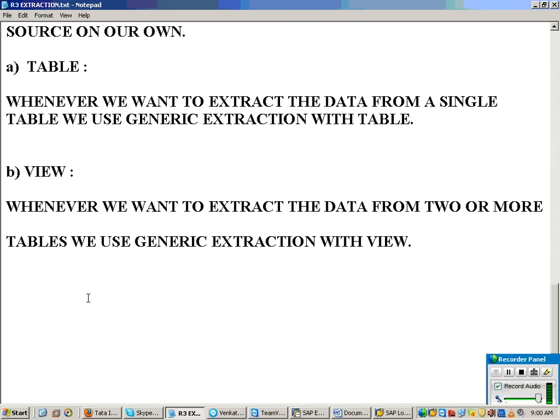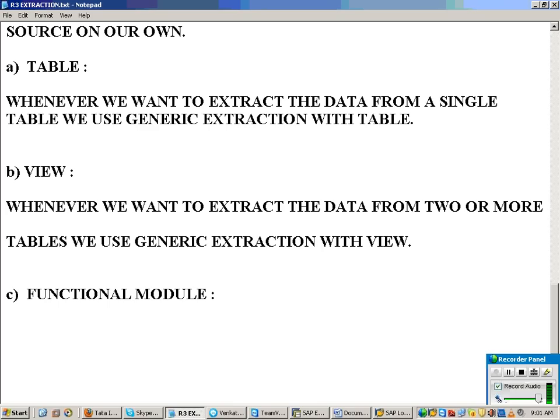under generic, the next one is called function module. So here comes again the use of ABAP in your BI. Generic extraction with a function module. Earlier I also discussed function modules.